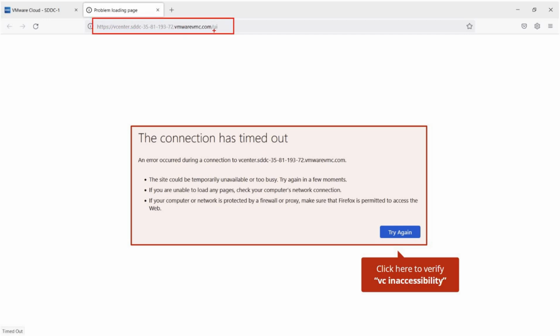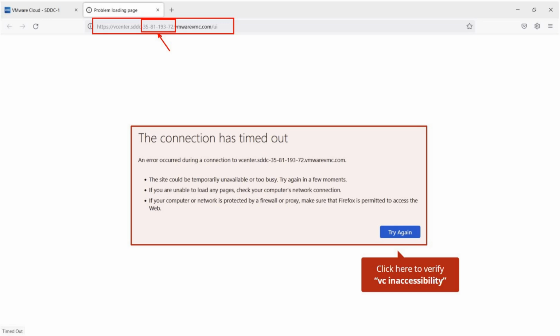Whenever you click on that Open vCenter button, you see that it is getting resolved to the public IP. This is the public IP assigned to my vCenter server, 35.81.193.72, and you can see the same IP highlighted in the URL as well. So this is my vCenter FQDN, and if I do not have DX connectivity, and my VMC SDDC has internet reachability via IGW, you will see that this FQDN will be resolved to the public IP,